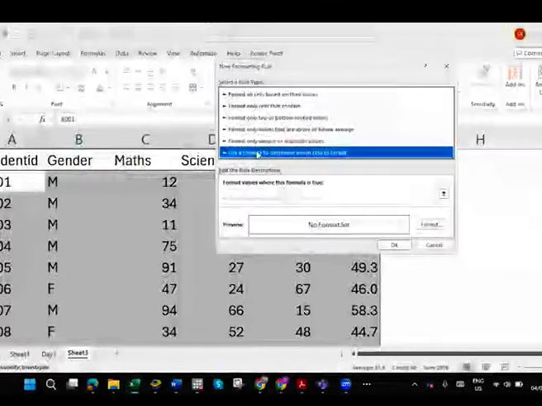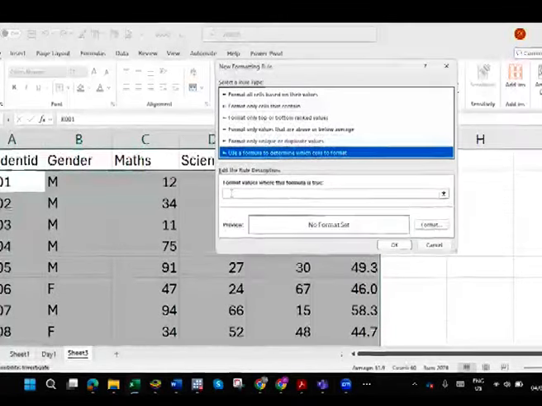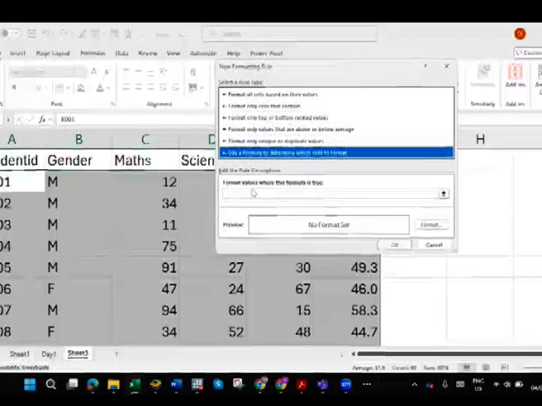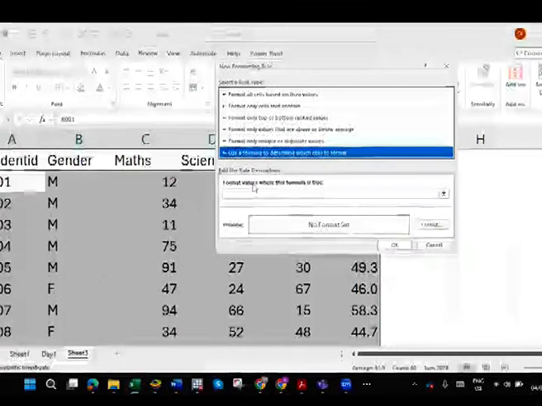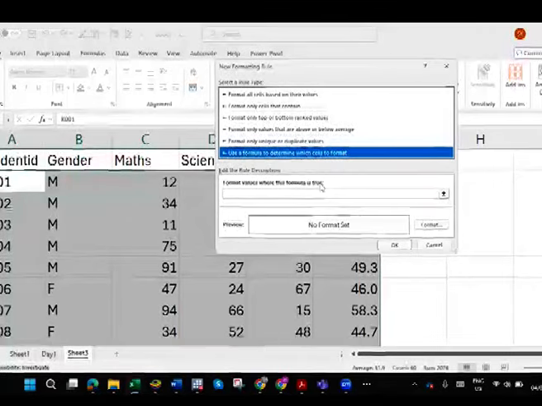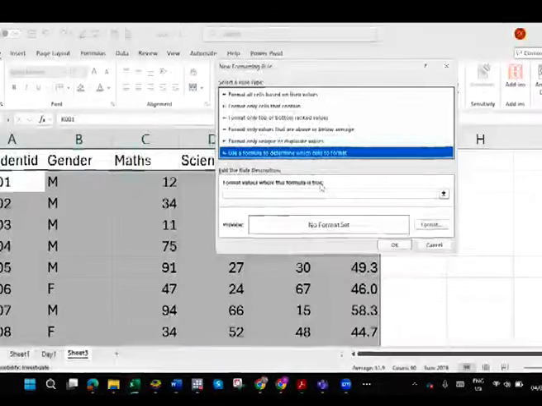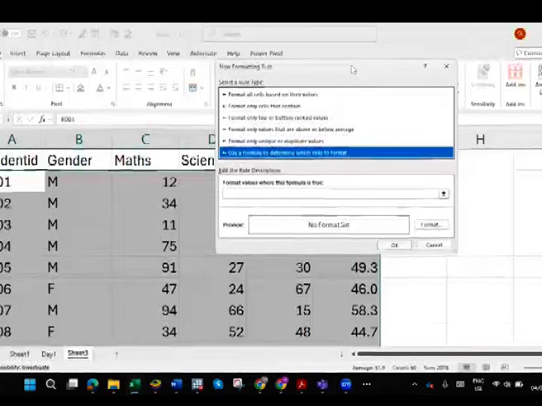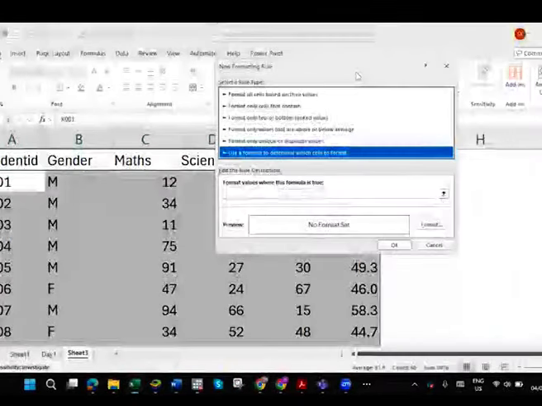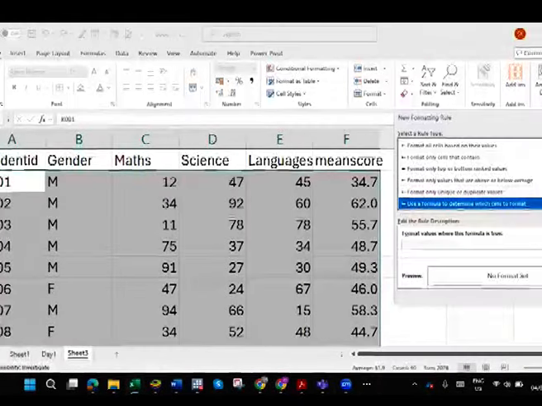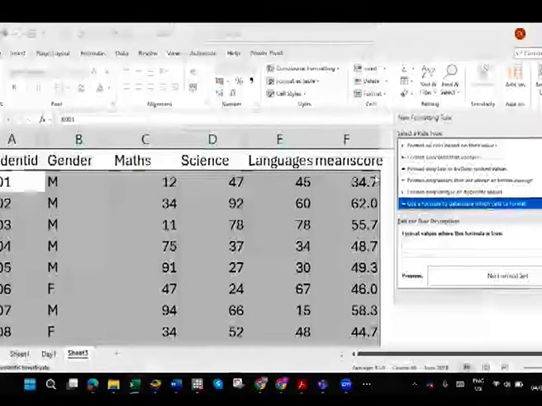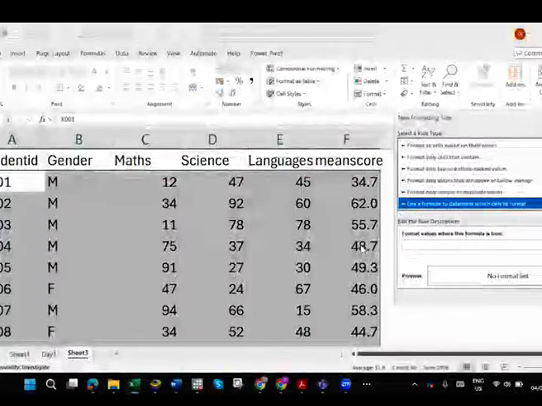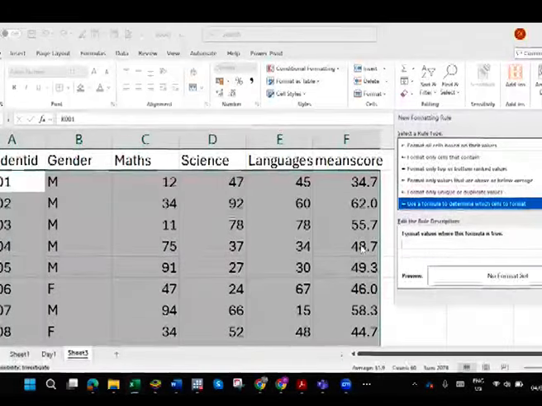Okay, after checking on it, it will give you this edit the rule description here. So this is format values where this formula is true. The formula that we are writing down here is true. For this formula to be true, we are going to use this column. It is this column that we are using. That's why I'm using the F column and not the A column. It is the formula in the F column that is supposed to be true,